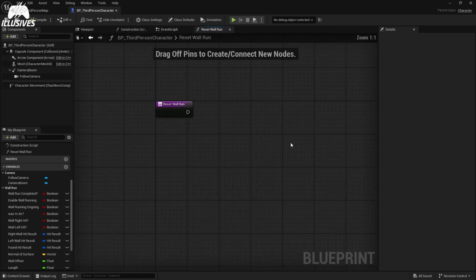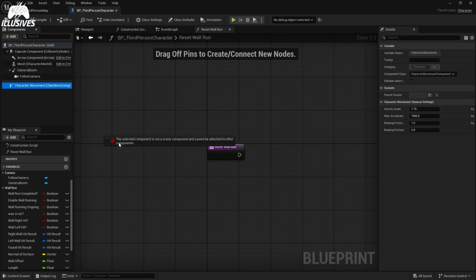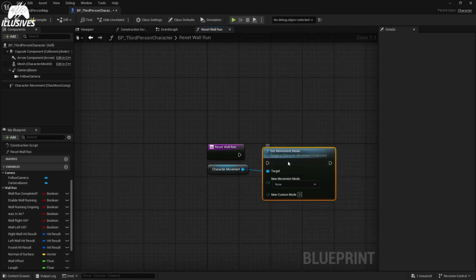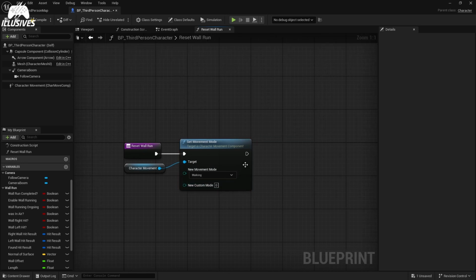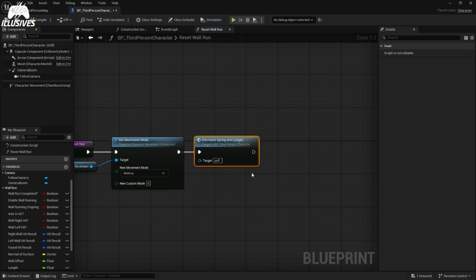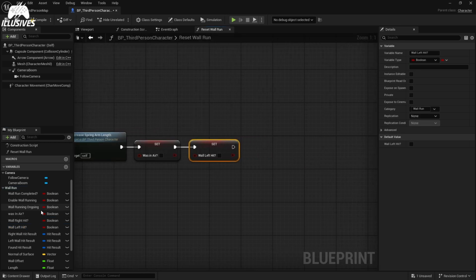So here we have set our jumping code, and one thing we already forgot, and that is our reset while run code. So now here, as we forgot, the first thing will be take this, then set movement mode to walking, then call the decrease spring arm length, then set every variable we are using to false. So this one will be false, this one will be false, then this one will be false,